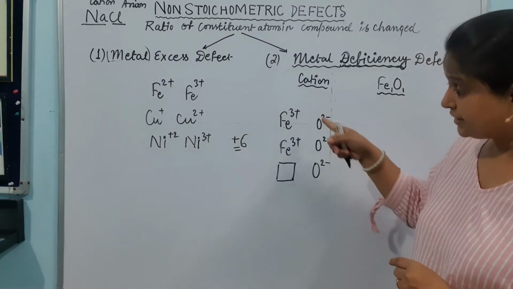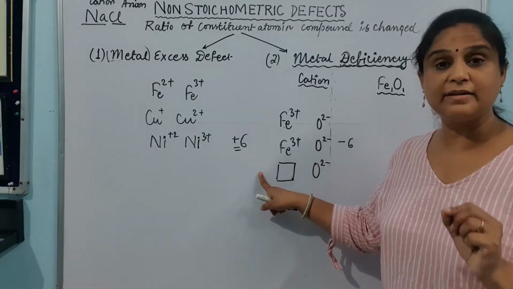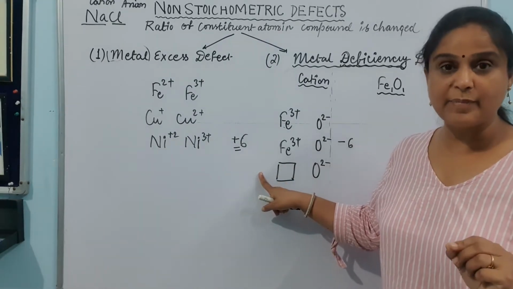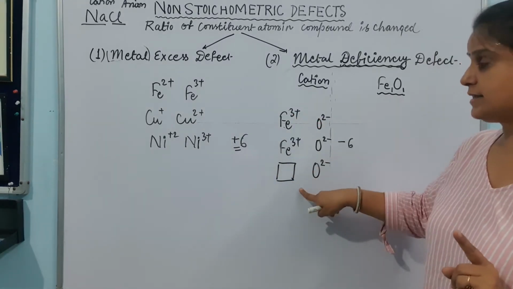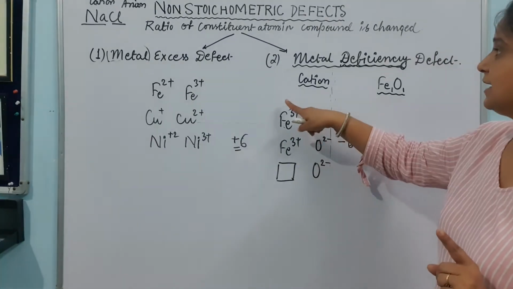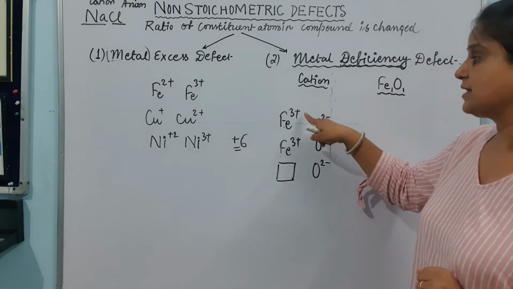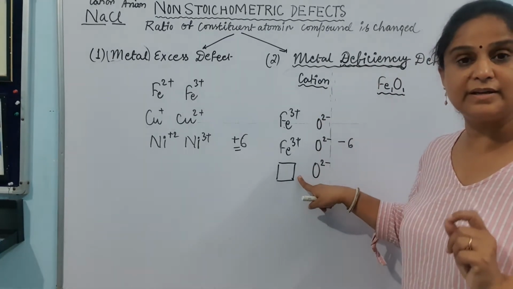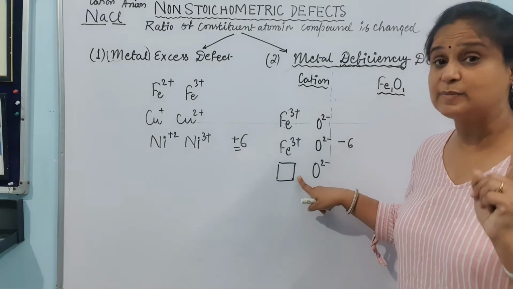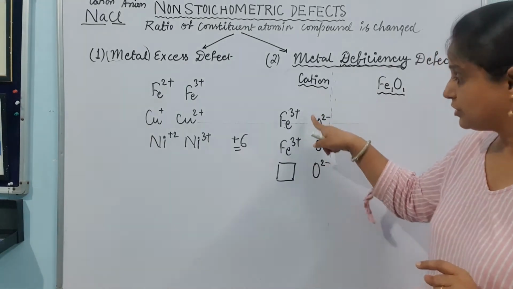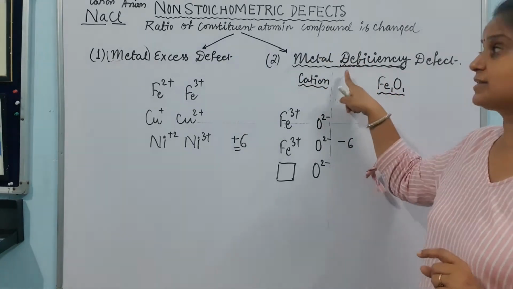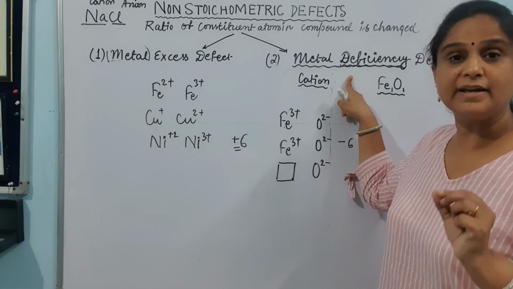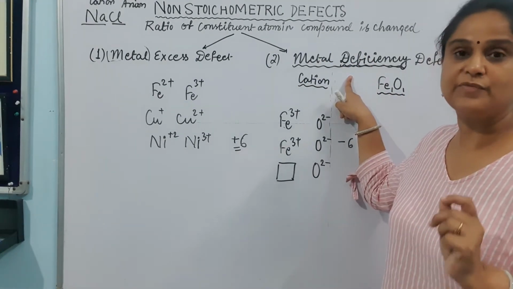Second thing is to maintain the neutrality, one iron or one ferrous ion has to escape out. To maintain the neutrality it is happening because 2 ions are left instead of 3. So what is happening here? It is metal deficiency. The number of ions is being decreased, but the charge is the same. So this decrease in the number of ions makes this particular crystal metal deficient, cation deficient. So this you have to remember always.